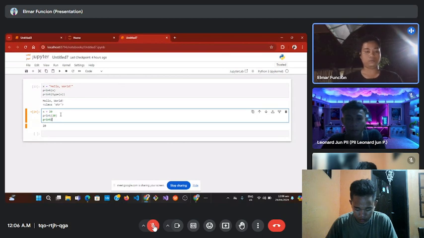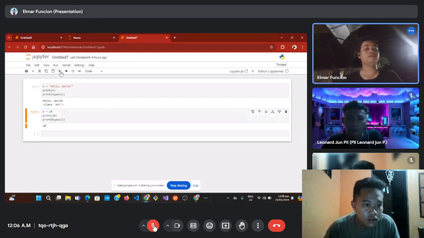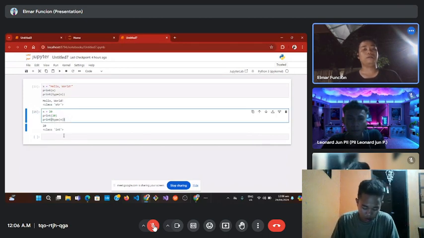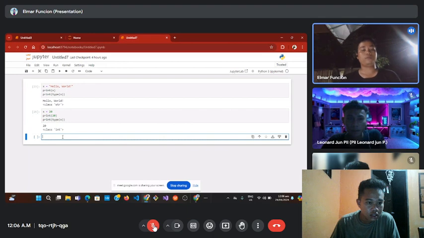You're going to type and call the x, and there you go. The data type I'm using in the second code is integers. So int stands for integers.